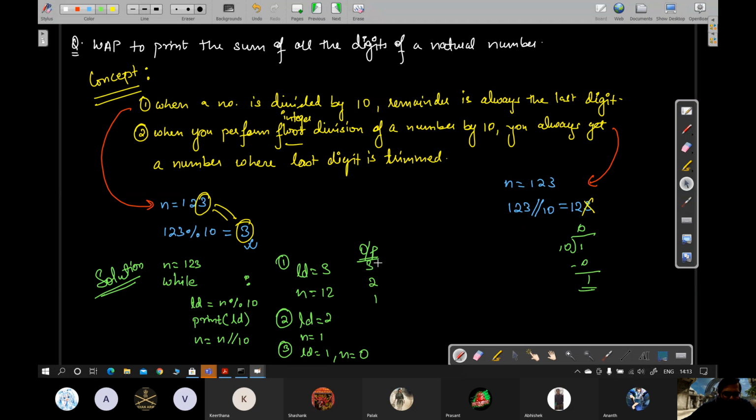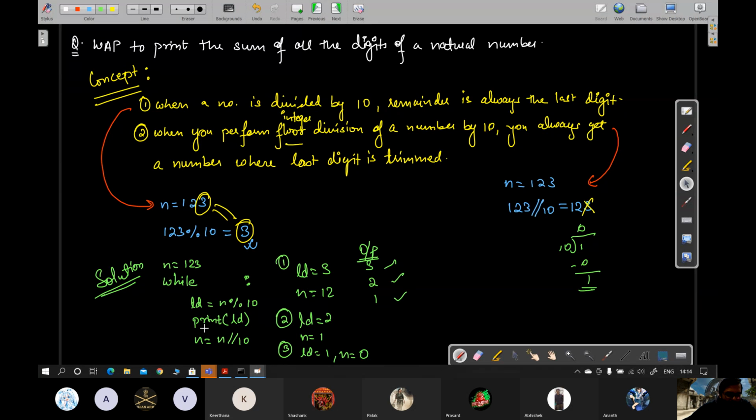Now, have you not extracted each digit one by one by performing this successive process of finding the last digit, then truncating the last digit, finding the last digit, truncating the last digit, finding the last digit, and truncating the last digit? Now you see that the moment n becomes 0, by that time you observe all digits have been extracted one by one and no more digit is there, right? So